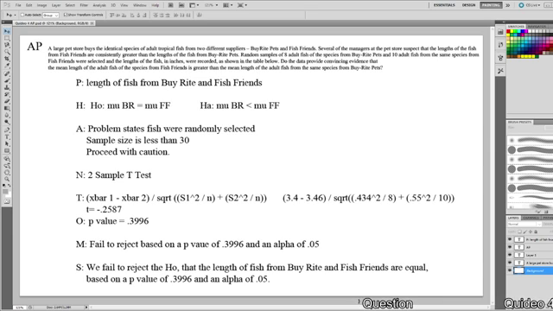And then moving on to our statement in context, we fail to reject the H0, or the null hypothesis, that the length of fish from Byrite and Fish Friends are equal, based on a p-value of 0.3996 and an alpha of 0.05. And that is it for the AP question, because there is no significant evidence that the mean length of adult fish from Fish Friends is greater than the mean length from Byrite. And that is